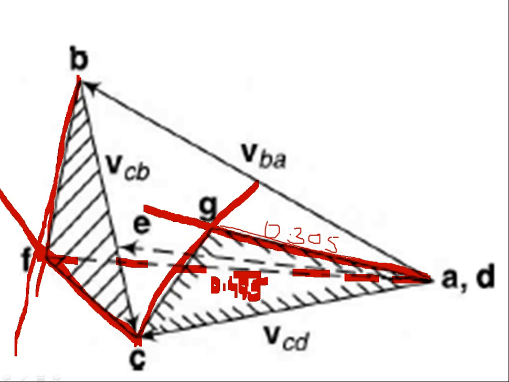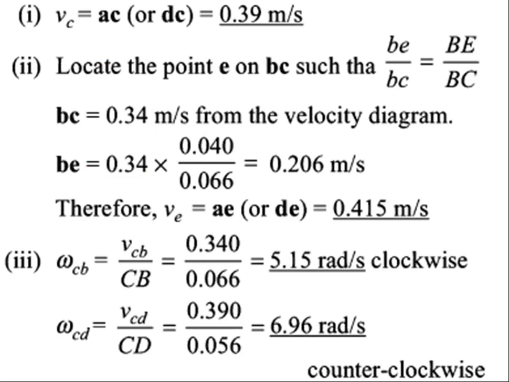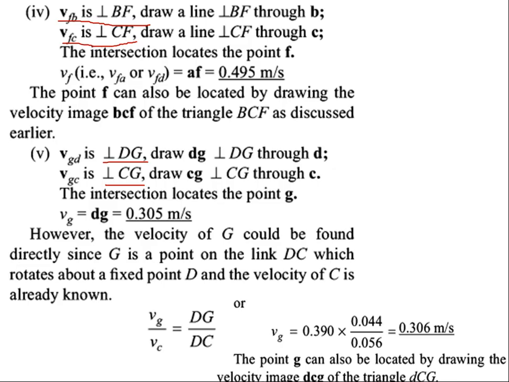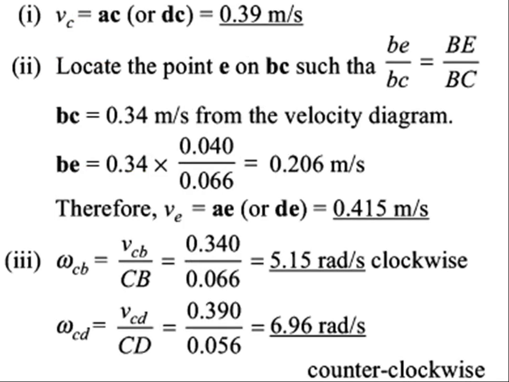If you take a perpendicular, I have not taken a length, I have just taken it roughly, just as perpendicular lines. So if you want to follow this method, that is VFB perpendicular to BF and VFC perpendicular to CF, and for this also perpendicular to DG and perpendicular to CG, there is no other option. You can't take it outwards. So if you follow perpendicular, the diagram will be like this only. You can try any other method, but you will not get the triangle completed. Finally the loop should be completed, then only you will be getting this triangle.